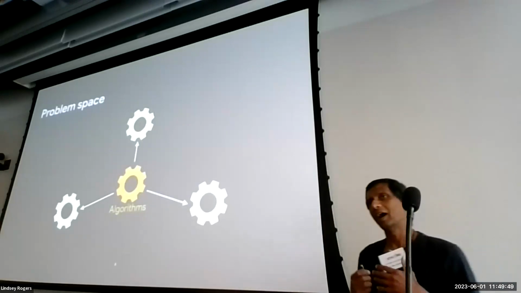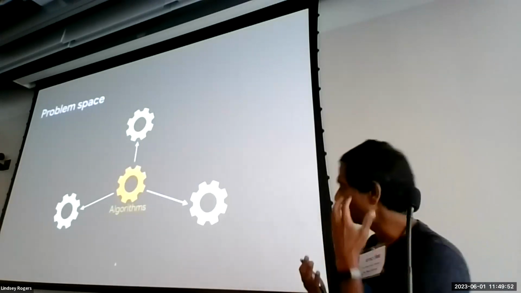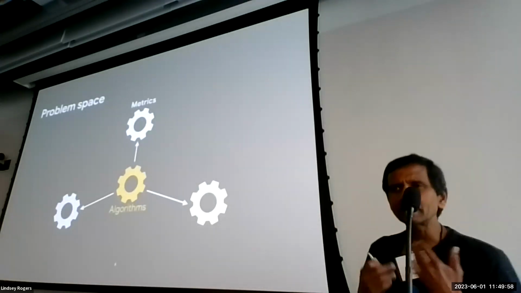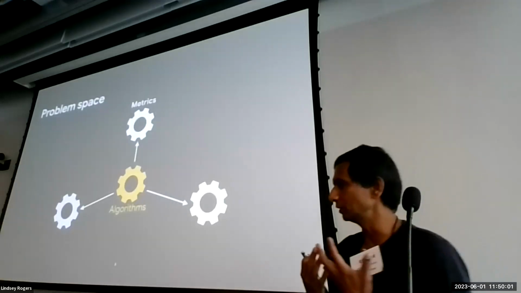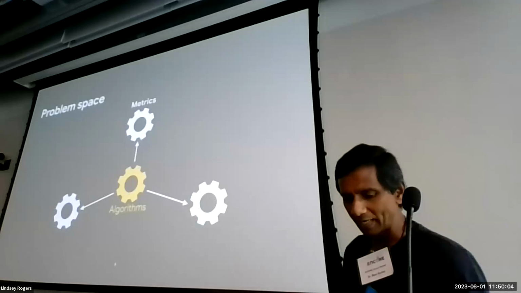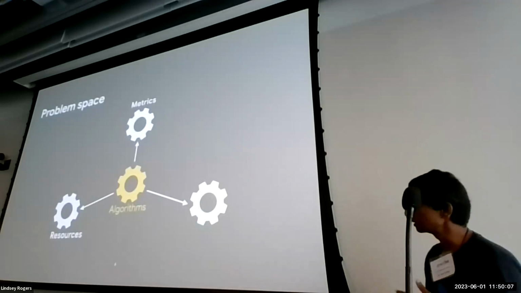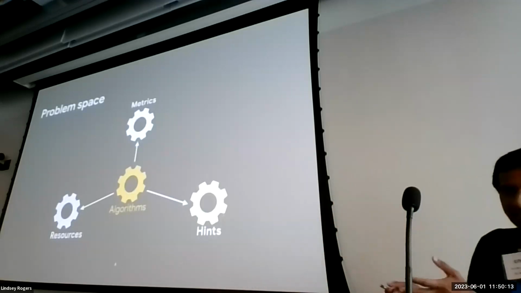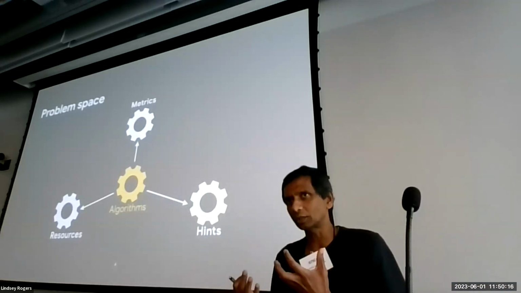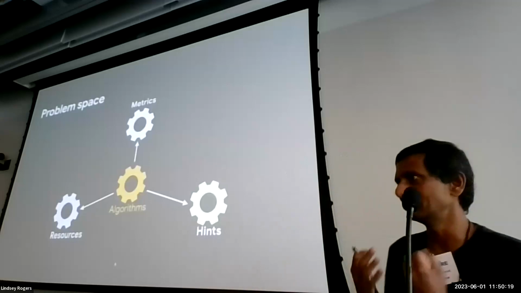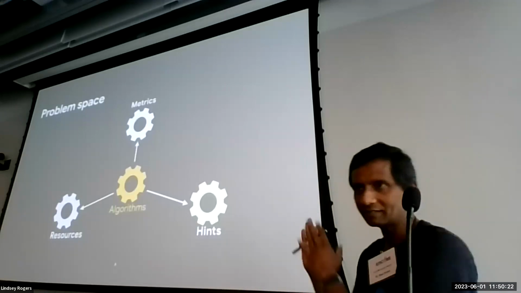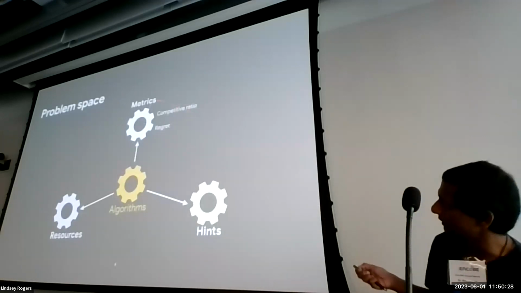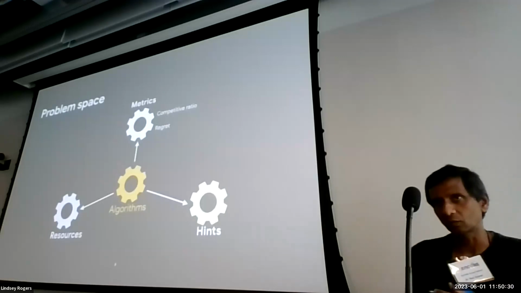Okay, so I want to view this problem space in the following manner. We have algorithms that play a central role in determining everything. There are three kinds of quantities that we typically want to optimize. One is metrics, another is resources, and the other is what kind of hints. In my feeling, this defines the problem space, because so far what I've talked about doesn't have any concrete instantiations and is very vague, but let's try to make it a little more concrete. In terms of metrics, you can design algorithms to optimize either the competitive ratio or the regret. That's one axis or one dimension to focus on.